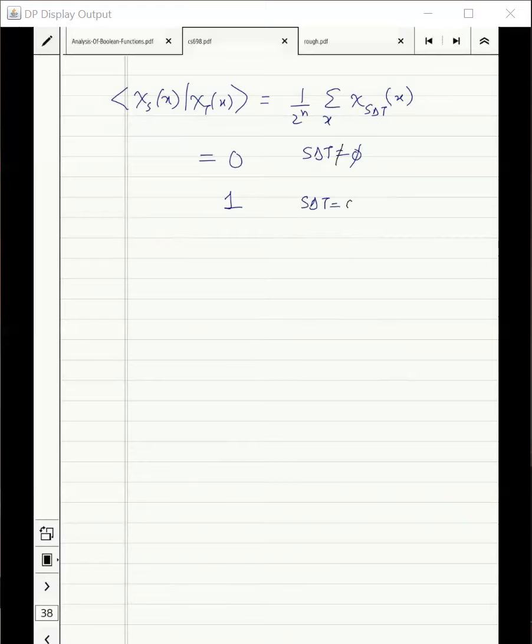Sure. Think about this. Chi tx. What is happening? You are multiplying every variable in S, then you are multiplying every variable in T. If the variable is not in S and not in T, it will never appear. If the variable is in both S and T, then it will get squared and it will become 1. Only the symmetric difference will exist. So this shows that chi sx form an orthonormal set.